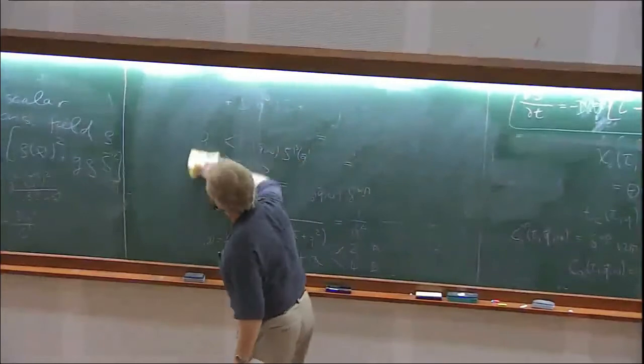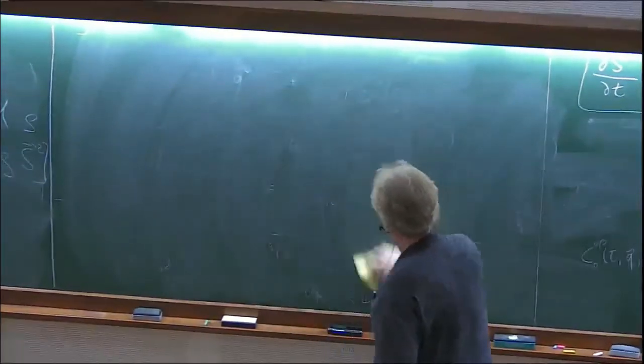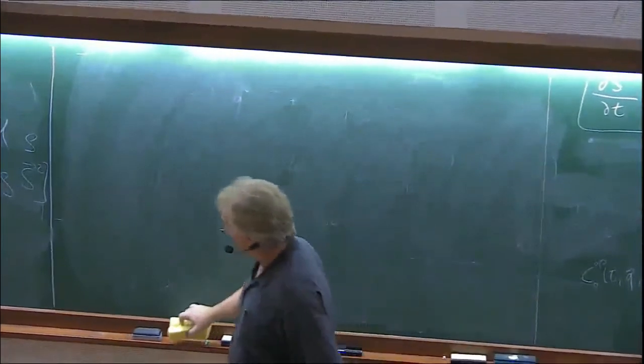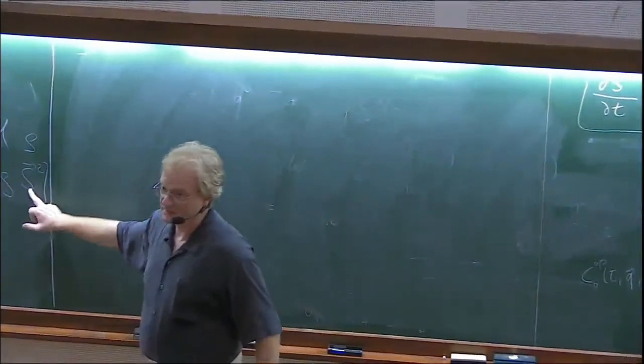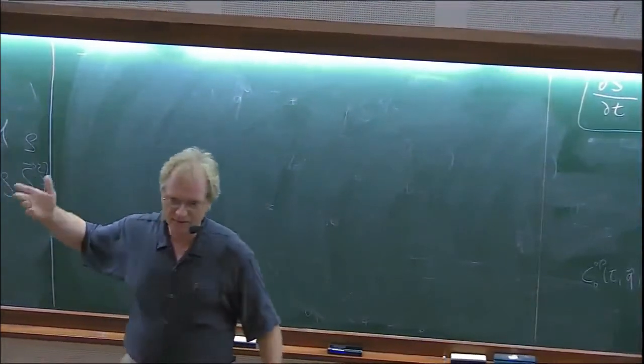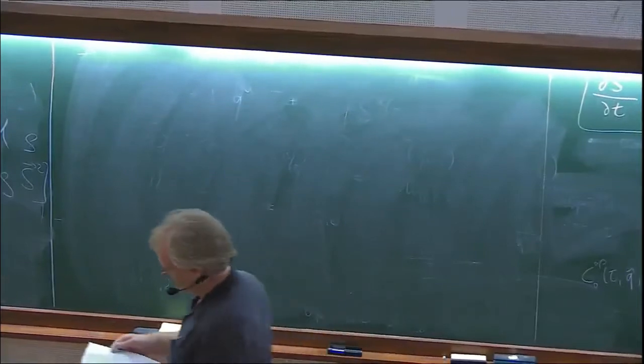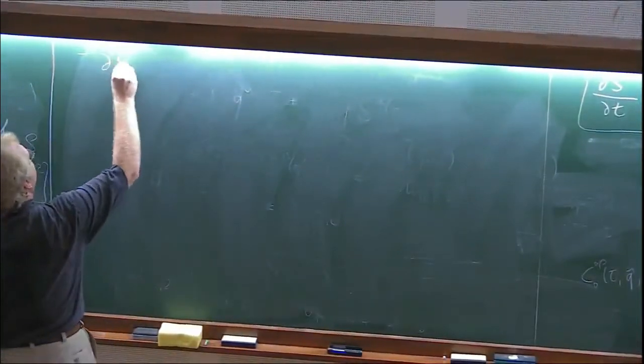So dynamically, I'm just going to assume still relaxational kinetics for the order parameter. So it looks like model A and B, but now with this coupling. For the conserved density, I'm just writing down a model B-like non-critical thing because it's a conserved field. Right? So I'm going to get dE by dt